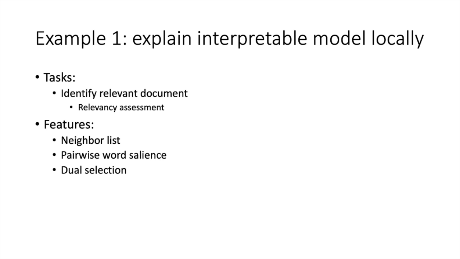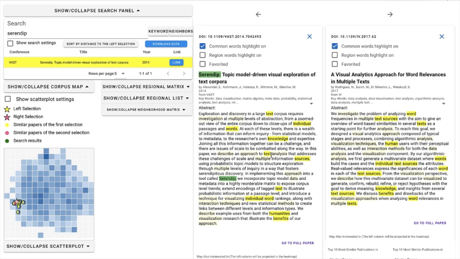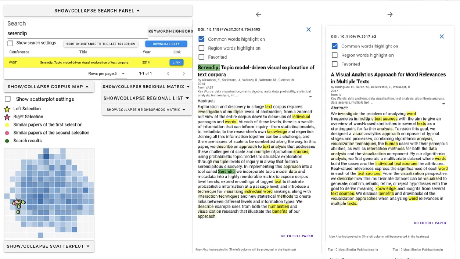Example 1, where we explain interpretable models locally. The tasks we address are to identify relevant documents, specifically relevancy assessment. The features that we use are the neighborhood list, pairwise word salience, and dual selection. Here we're looking at serendip, and we're trying to find other papers which are similar to or relevant to serendip's